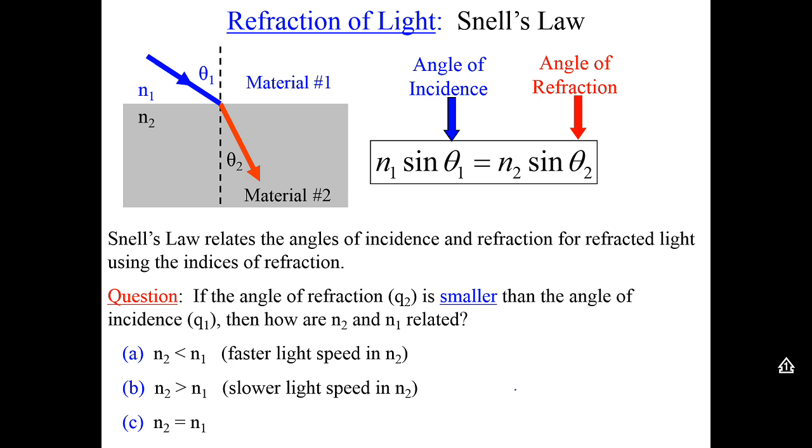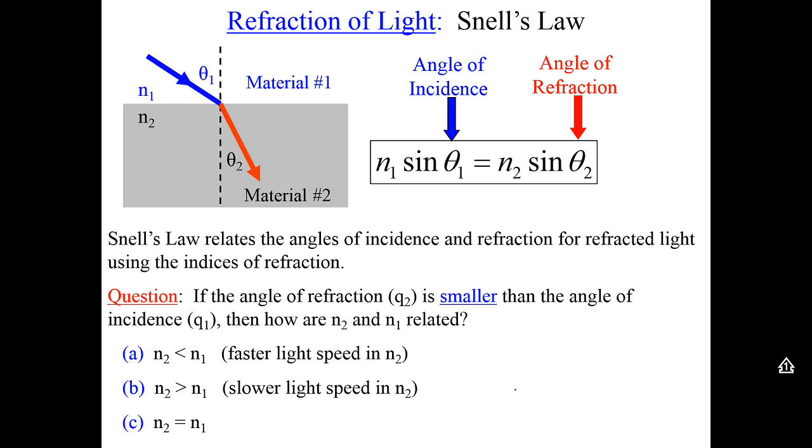The formula for this is called Snell's law, and it is n1, the index of refraction of material 1, times the sine of theta 1, and that is equal to n2 times the sine of theta 2. The angles are measured from the normal line that is perpendicular to the surface, so an angle of 0 would be exactly perpendicular to the surface. Snell's law tells us that if we know the indexes of refraction of the two materials and one of the angles, then we can